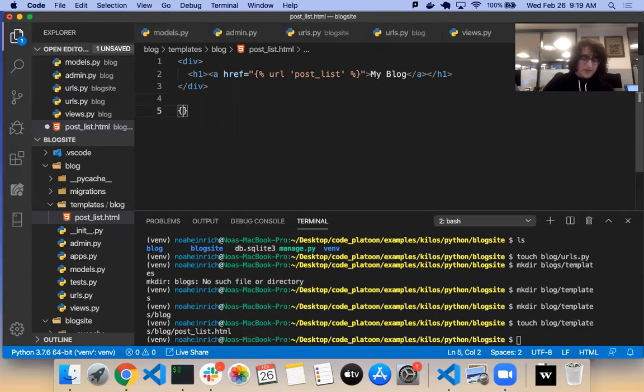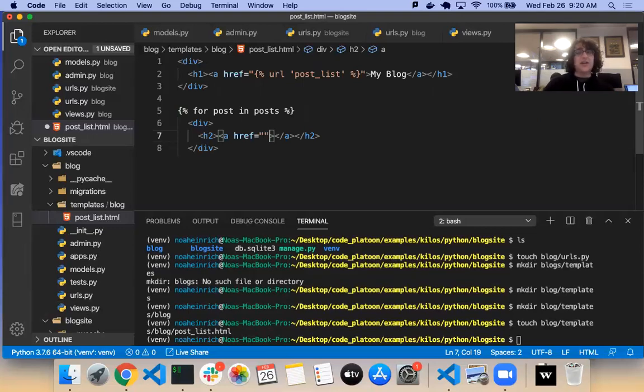Next, we're going to loop through all of our posts. So for post in posts. We'll put each one inside a div. Put the title inside an h2, and also make this a link. For now, we're not going to put a link there because we don't have a detail page yet, but I know it's going to be a link eventually. So this is actually a good point. I could do post.title here, but if our string method works the way I think it does, we might be able to do post like this.